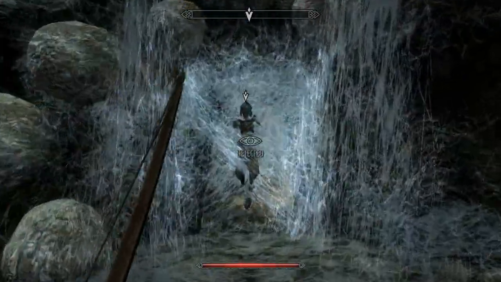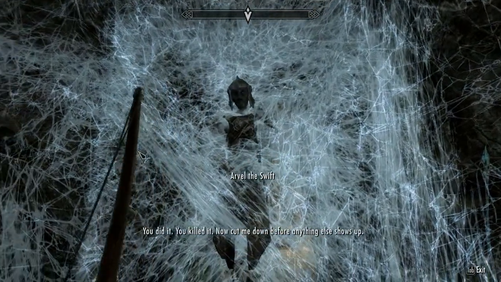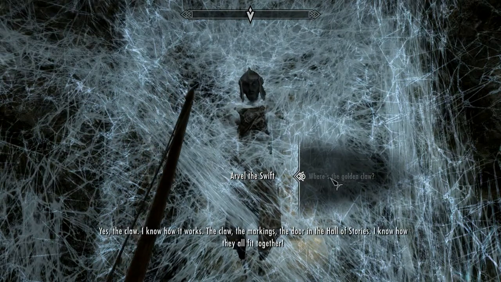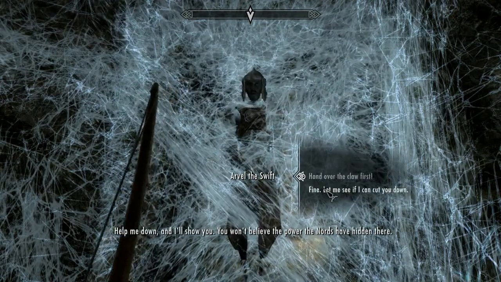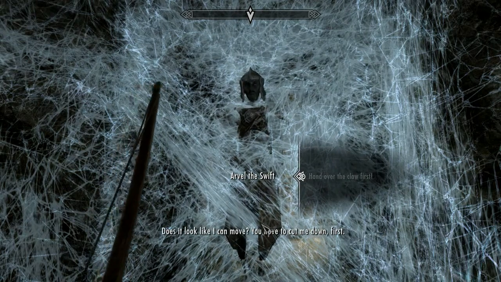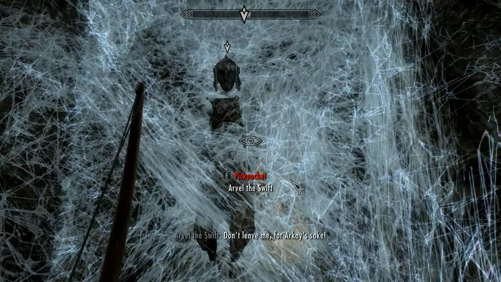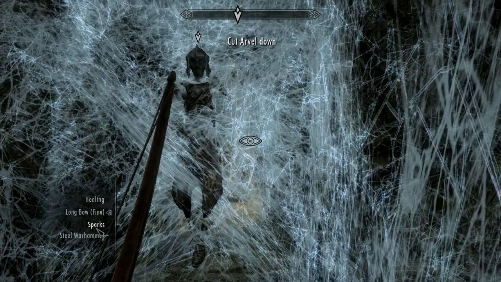It's my right as a conquering adventurer to loot anything I find before I help the NPCs. Especially the traitorous NPCs, not that we know you're going to be a traitor. Spider egg. You, over here. You did it. You killed it. Now cut me down before anything else. Where's the golden claw? Yes, the claw. I know how. Help me down and I'll show you. You won't believe the power the Nords have hidden it. Does it look like I can move? You have to cut me down first. Darn it! I was hoping I could cut it. I could actually pickpocket him, but